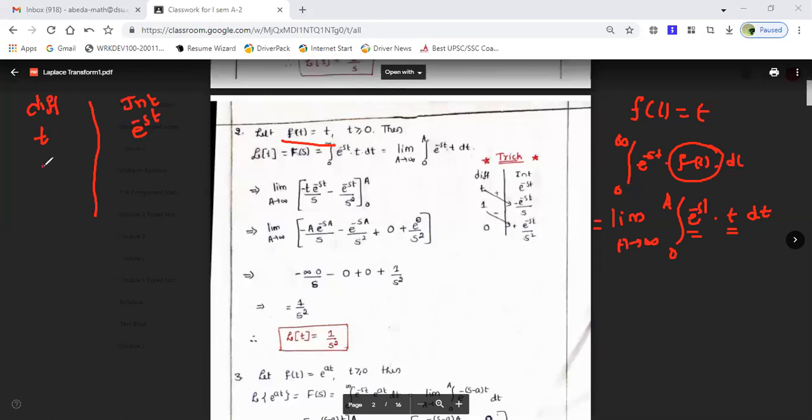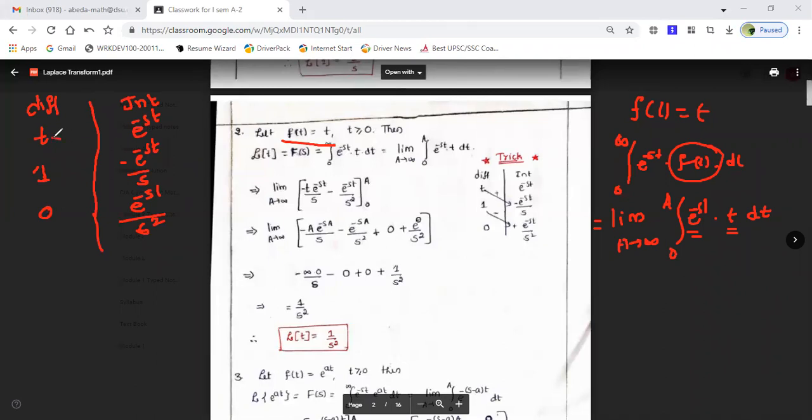So this is my differential function and this is my integral function. Now I differentiate it again, it is 1. Again differentiation, this is 0. Then this you integrate, it is minus e to the power minus st upon s, or it's nothing but e to the power minus st upon minus s. This minus s, I'm writing this minus sign here. And again if I integrate this, this will become e to the power minus st upon minus s square. So this minus and minus, already one minus is there, that will become plus. Okay, so that's how it works. So I think we don't need any more integration here because I've already got 0. The differentiation, you should stop.